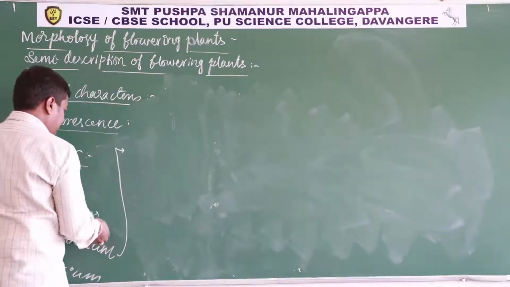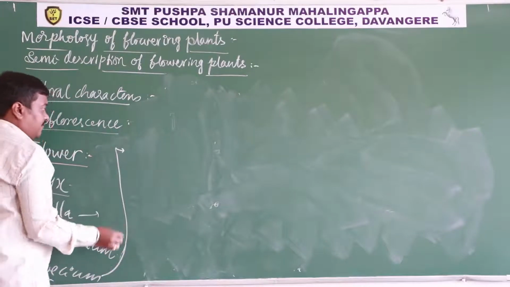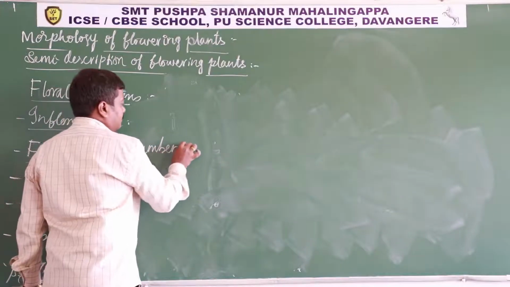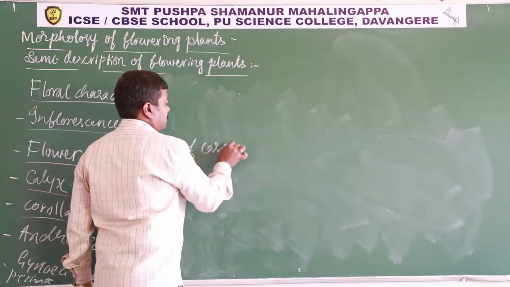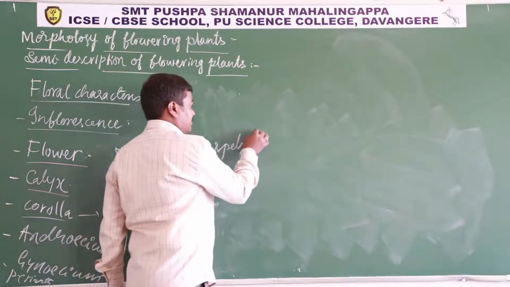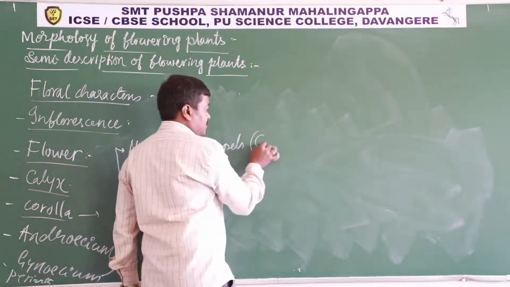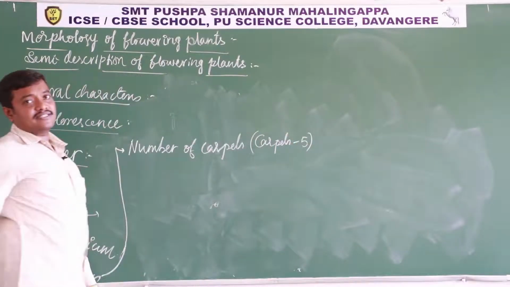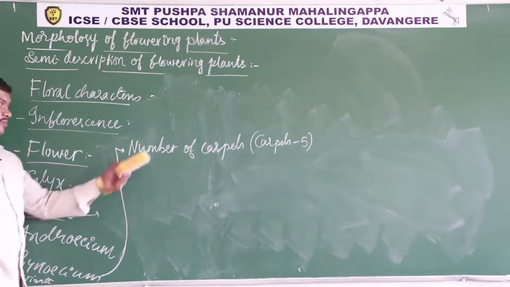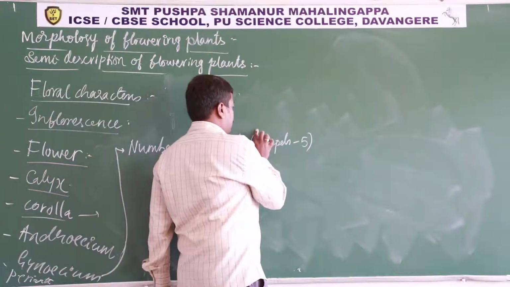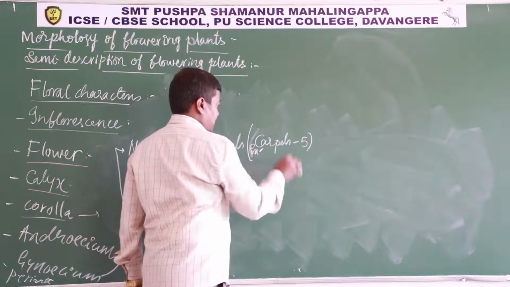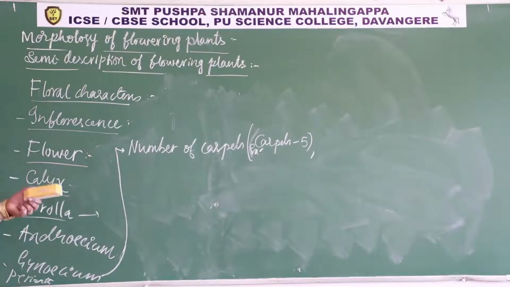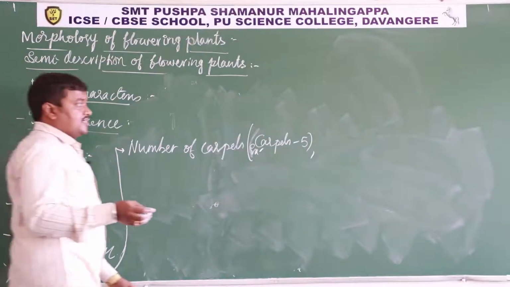So gynoecium. The first thing you need to mention is the number of carpels, like carpels 5, or carpels 3, or carpel 1. So this is an example: carpels 5. Then you need to mention whether the carpels, if there are many carpels, are fused or free. So that condition is called